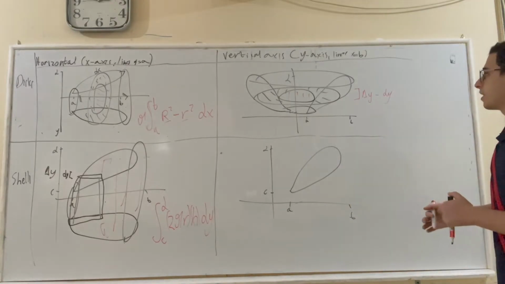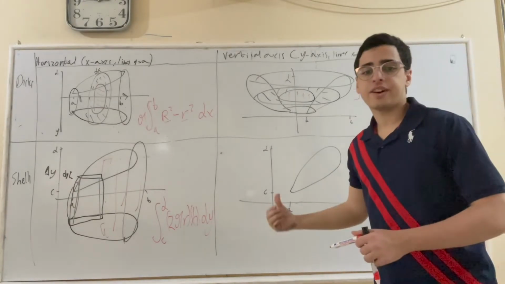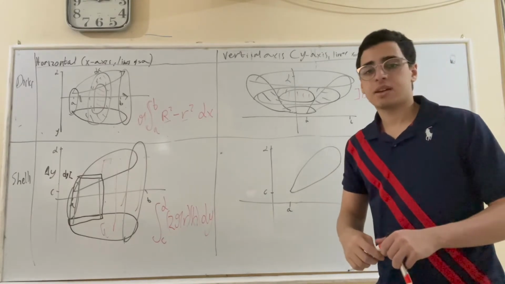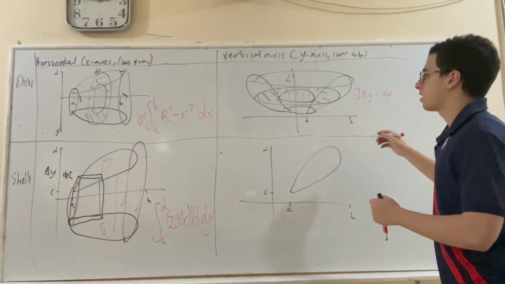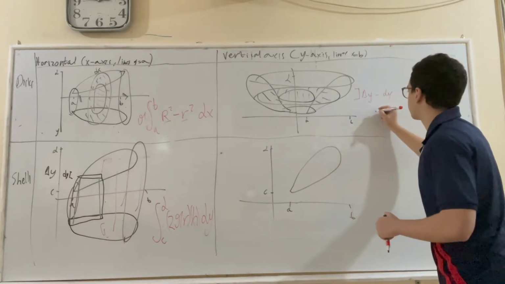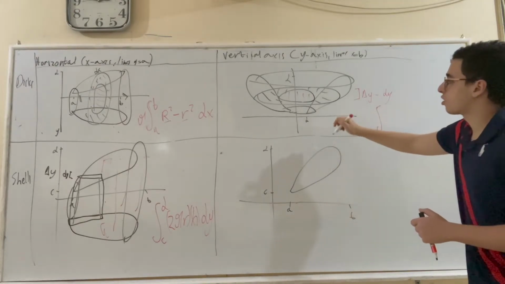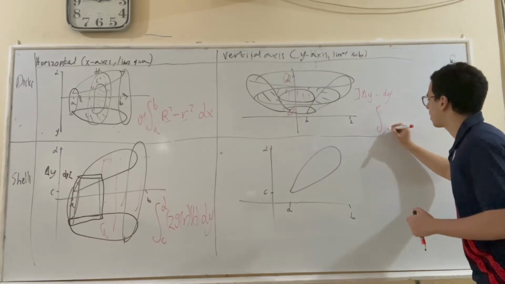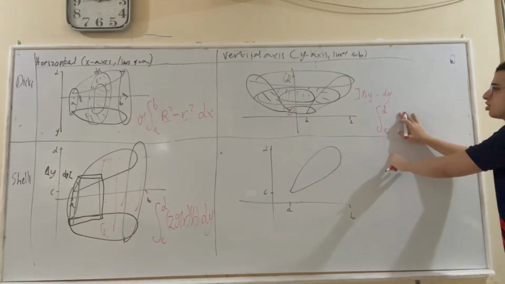So this is what our thickness would look like, meaning we have to find this in terms of y. We need to find this in terms of the y-axis, in terms of the dy. So simply, we're going to do the same equation as this one. Again, you have the outer radius minus the inner radius, so of course the coordinates here are c and d because it's on the y-axis. So our a here should be c, our b should be d, and then we should have the